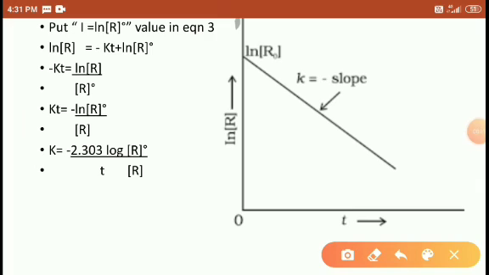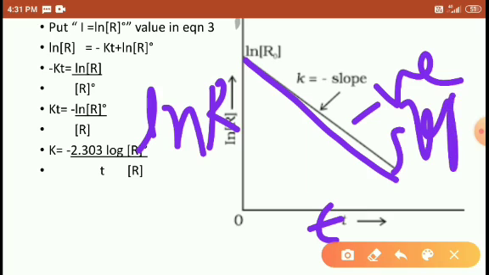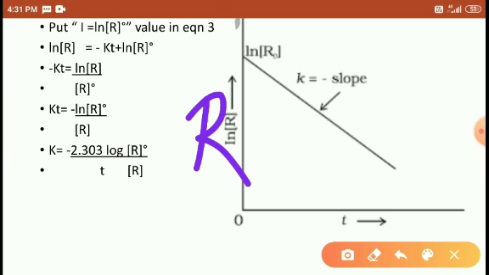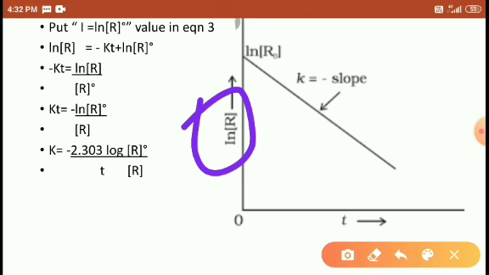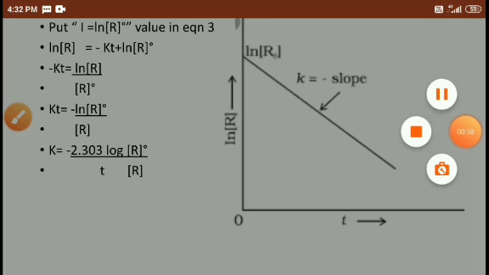In this graph we are using the natural log of the concentration of R with respect to time t. The graph moves with a negative slope, right? So a negative slope means this is the first order of reaction, students, right? The difference, students: in the zero order of reactions we use just the concentration of R, but in the first order I am using the natural log of R. Look here, this is the natural log of the concentration of R with respect to time, but in zero order we are just using R, right students? So this is about the first order of reaction, students.